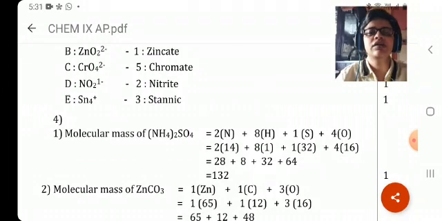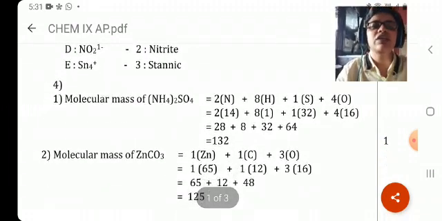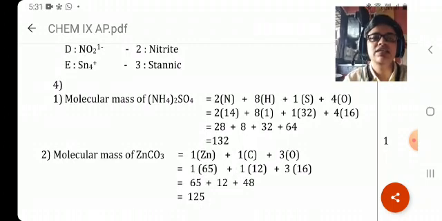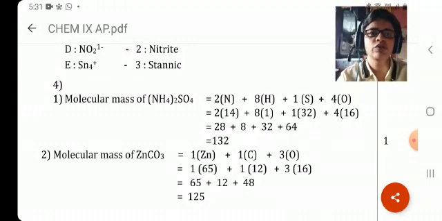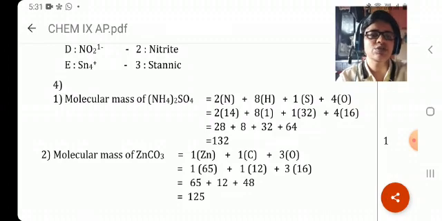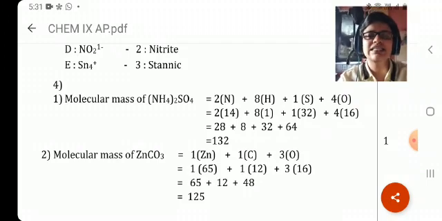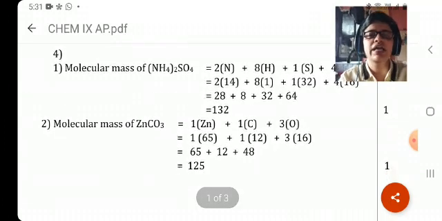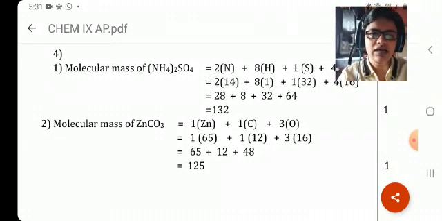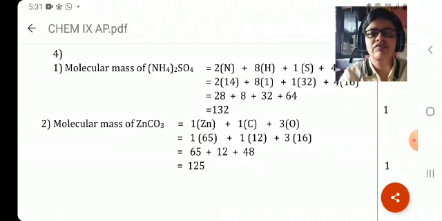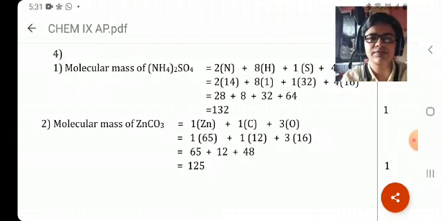Okay, moving further, calculate molecular mass, guys. Here we need to write the formula. It is given NH4 twice SO4, then you have to write the respective masses and substitute the values. In short, follow the solution as it is given on the screen. Just follow that, you will get complete full marks. If you have made any mistake in writing the calculation or in writing the formula, then you don't deserve even a single mark. In short, you will get 0. Same applies for zinc carbonate, guys. You need to write the correct formula, substitute correct values and get the correct answer. If you have done everything the way it is given in the solution, you deserve 1 mark.